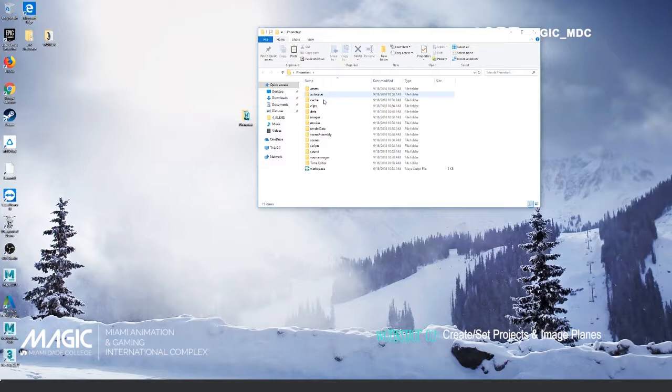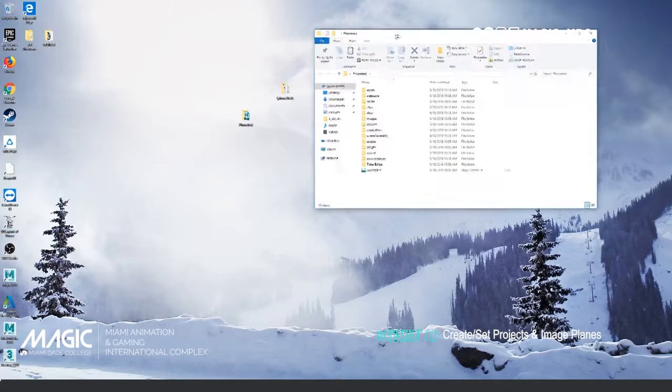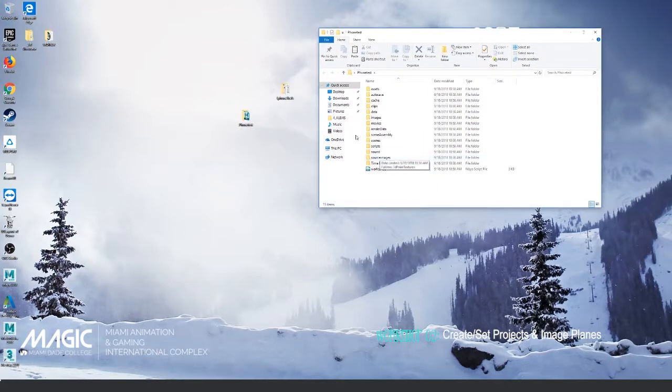You don't have to care about each and every one. As you move further in your skills in Maya, you will use more of these folders. But for now, the only ones that really matter to us are scenes and the source images. And the source images are just that, sources. They're your references. So for what I'm going to be working on,